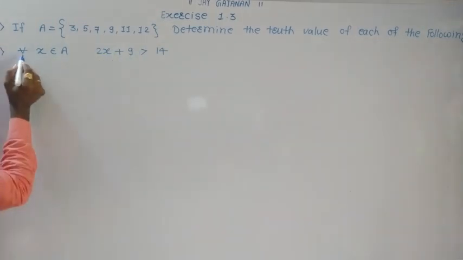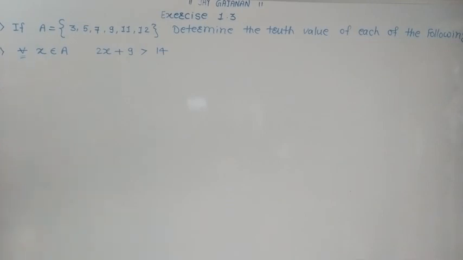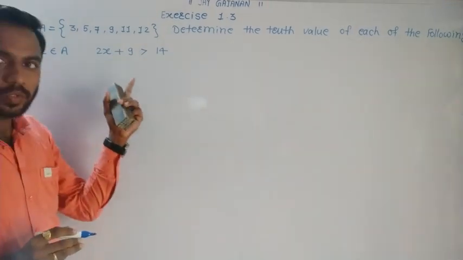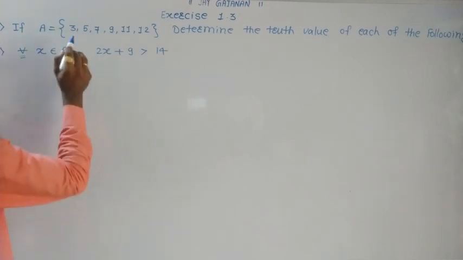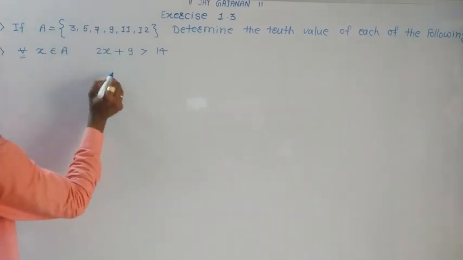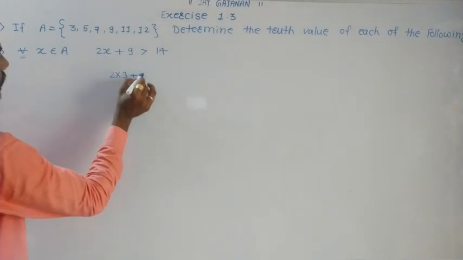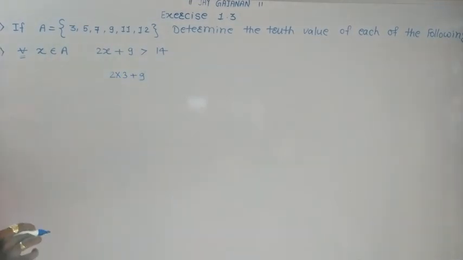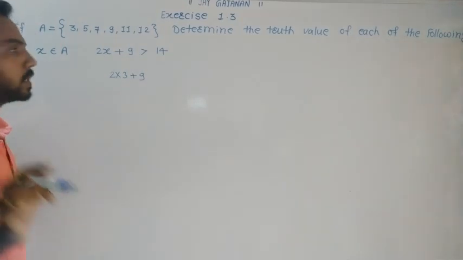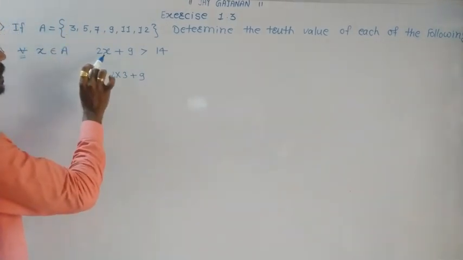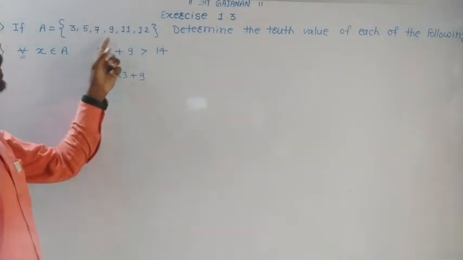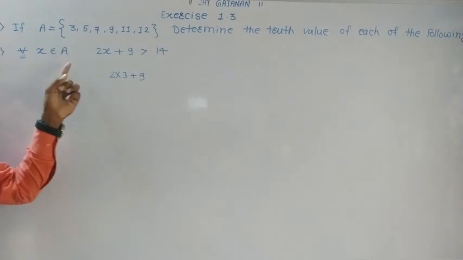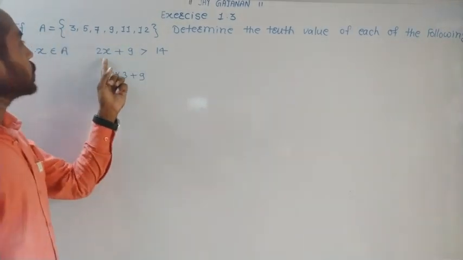We have the symbol for all. Therefore, we will use the condition of the universal quantifier to determine whether the given statement is true or false. Now, if we take x equal to 3, then 2 times 3 is 6, 6 plus 9 is 15, and 15 is greater than 14. It means 3 satisfies the condition 2x plus 9 is greater than 14. Obviously 5, 7, 9, 11 and 12, all the elements in set A, satisfy the condition 2x plus 9